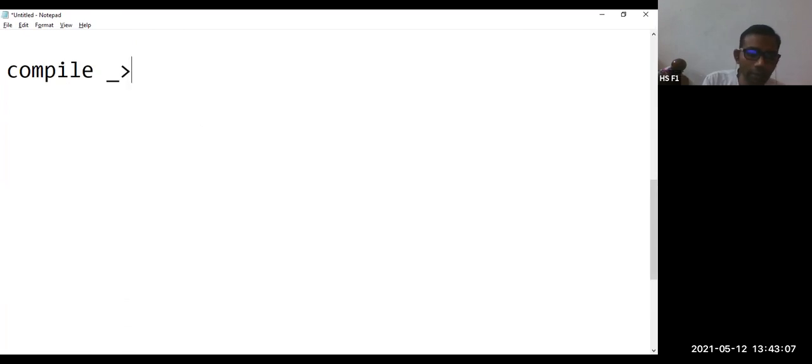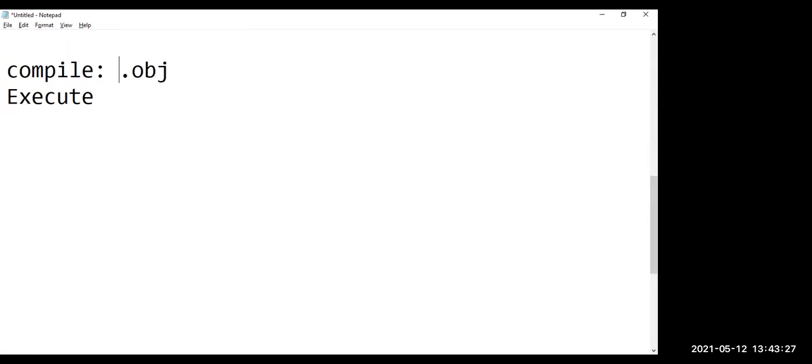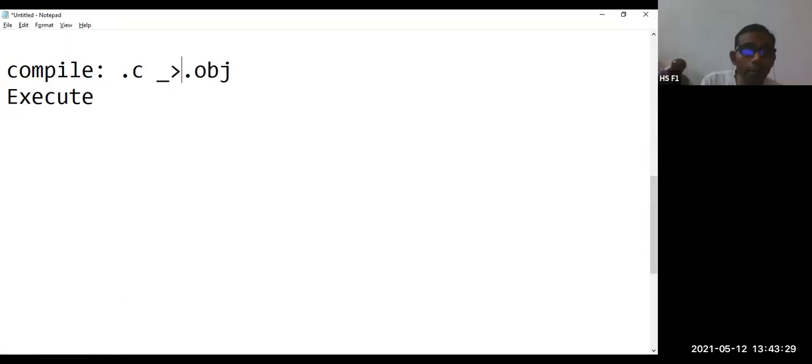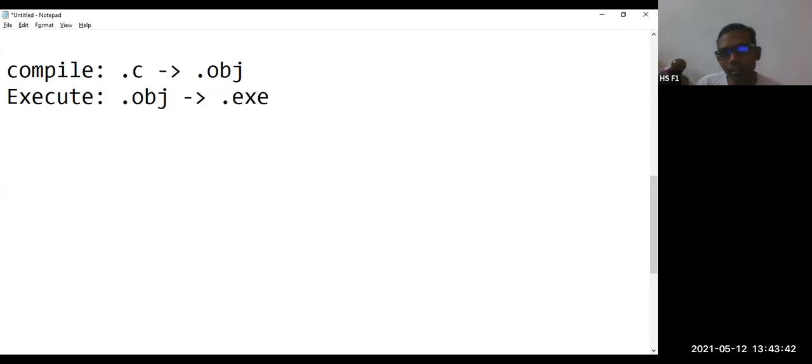Whenever you compile a program, it will be converted to a .obj file, an object file. At compilation time, it converts the .c program to .obj. When you execute, the .obj file will be converted to a .exe file, and it starts its execution.